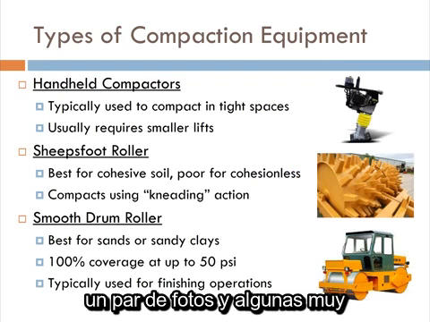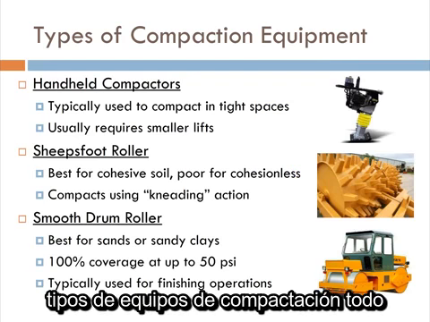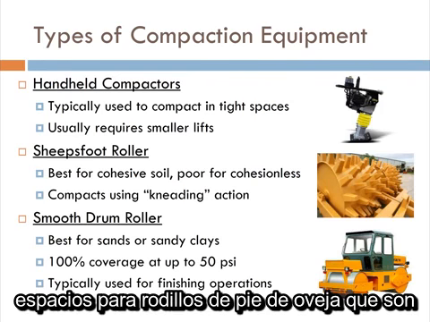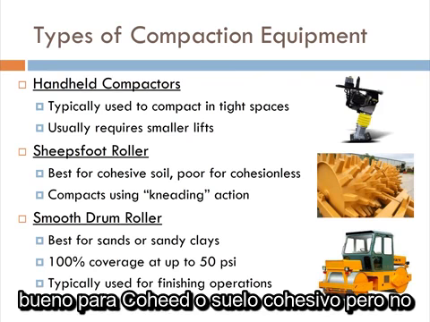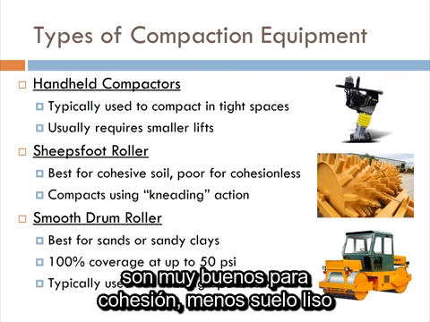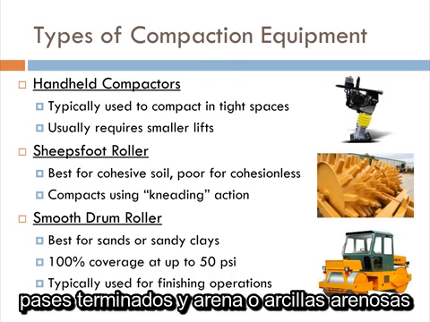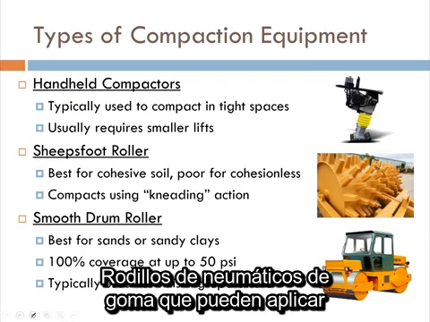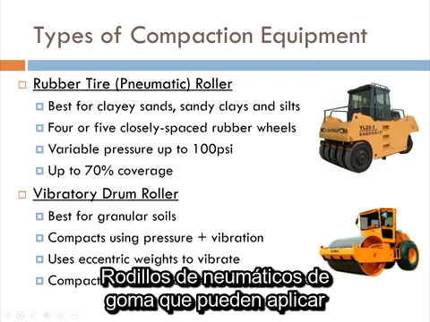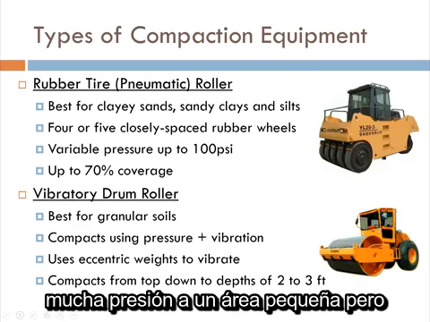So here are a couple of pictures and some very brief descriptions of different types of compaction equipment. Everything from handheld compactors that get in tight spaces, to sheep's foot rollers that are good for cohesive soil but not very good for cohesionless soils. Smooth drum rollers, which are great for finish passes and sands or sandy clays. Rubber tire rollers, which can apply a lot of pressure to a little area